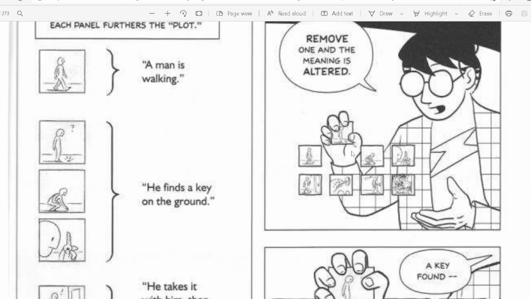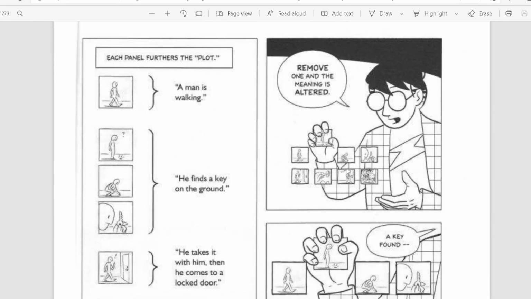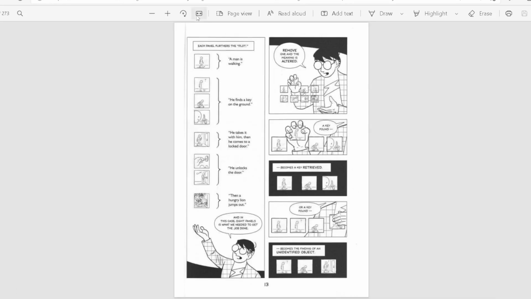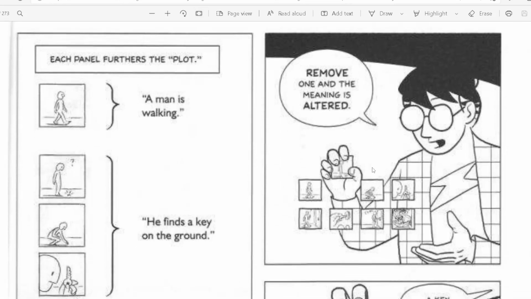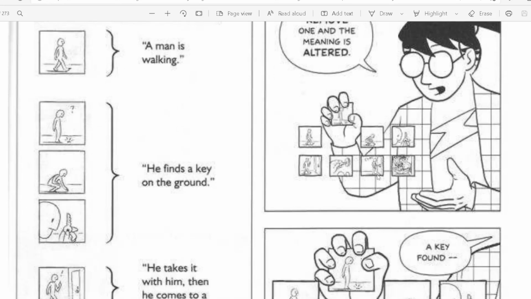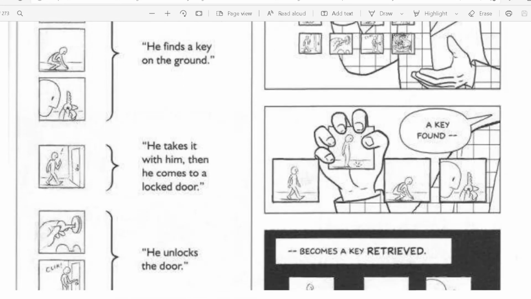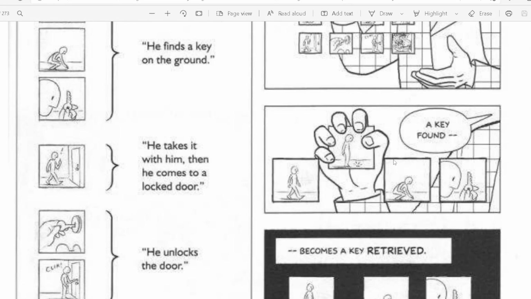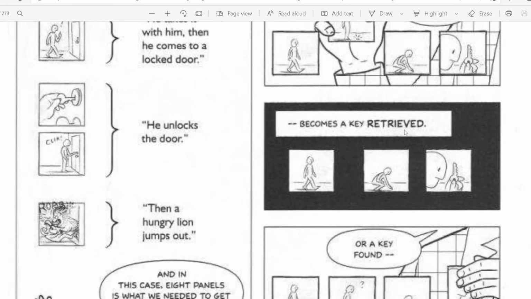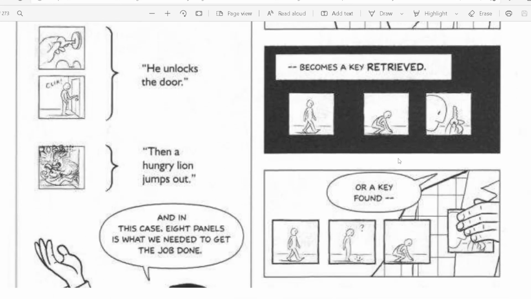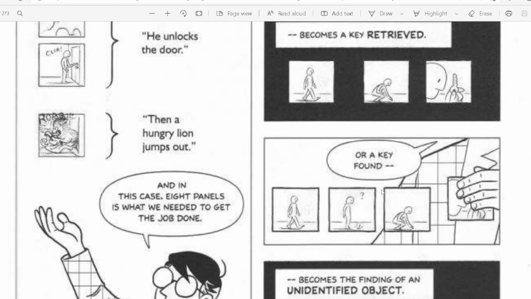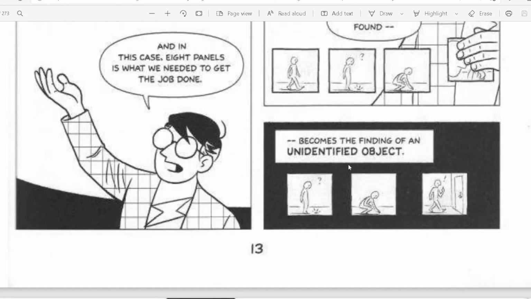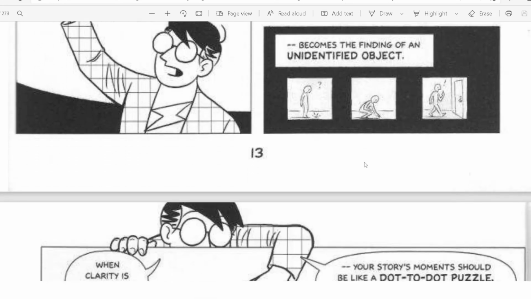Definitely, it is interesting. So we should notice this, that in these 8 panels, if you remove one, there is no sense. A key retrieved, or a key found, becomes the finding of an unidentified object.